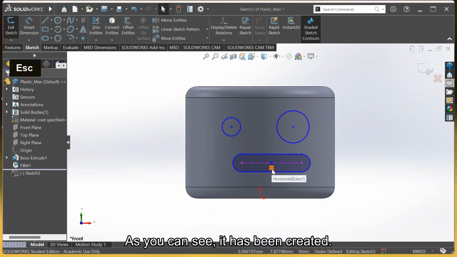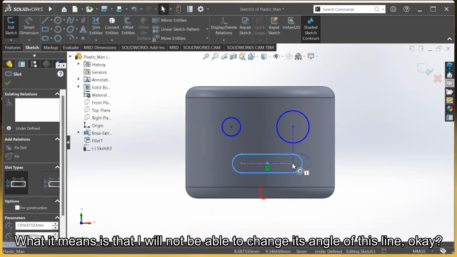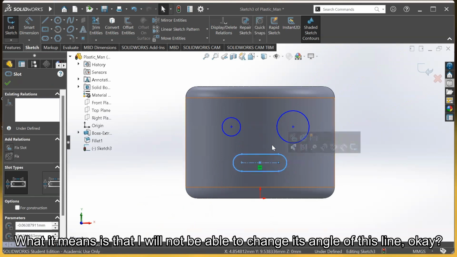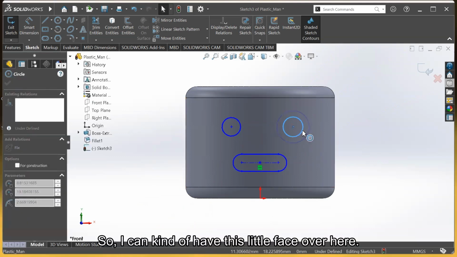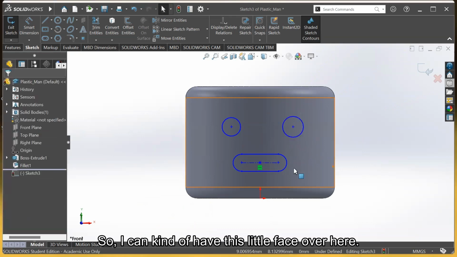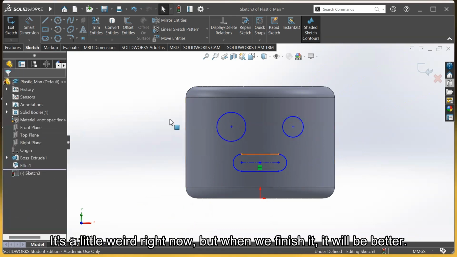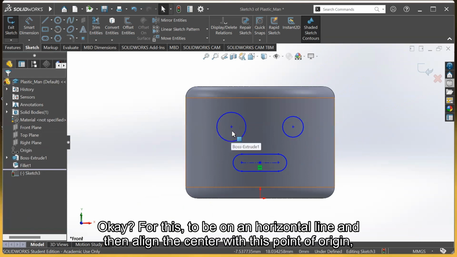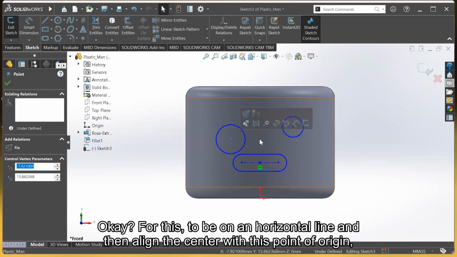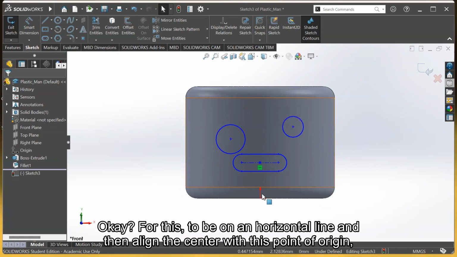As you can see, it has been created. What it means is that I will not be able to change the angle of this line, okay? So I kind of have this little face over here. It's a little weird right now, but when we finish editing it, it will be better. Okay, for these two to be on a horizontal line and then align the center with this point of origin,